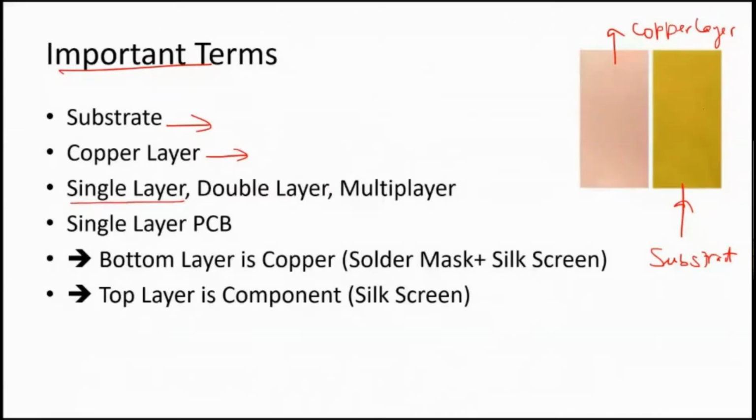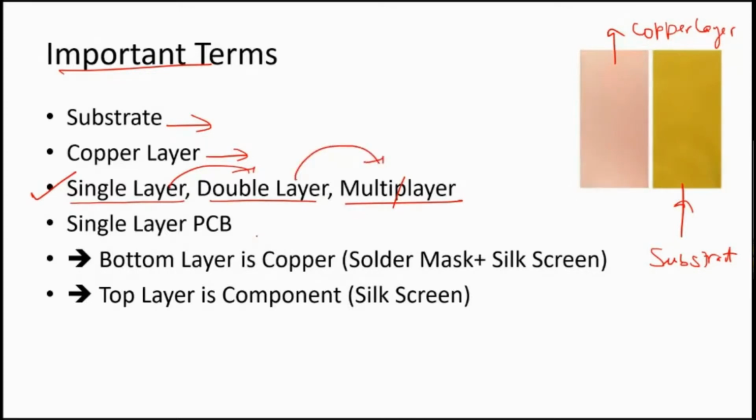If the PCB has copper layers on both sides, top and bottom, we call that a double layer PCB. On the other hand, if multiple copper layers are stacked in between top and bottom, we call that a multi-layer PCB. Multi-layer PCB is normally used for minimizing the overall size of the PCB and to cram a larger number of components into a very small area. Typically, the motherboards of your mobile phone and your computers all have multi-layer PCBs. But when we design PCBs, we always start with a single-layer PCB to understand the concept better, then slowly move on to designing a double-layer PCB, and then a multi-layer PCB.